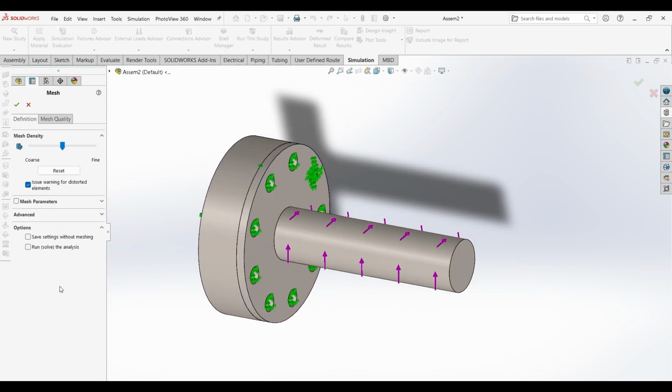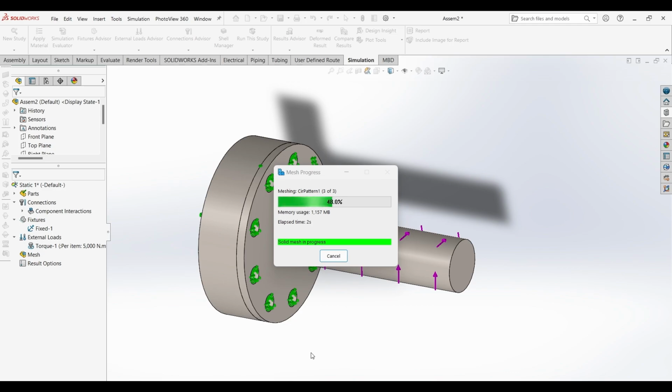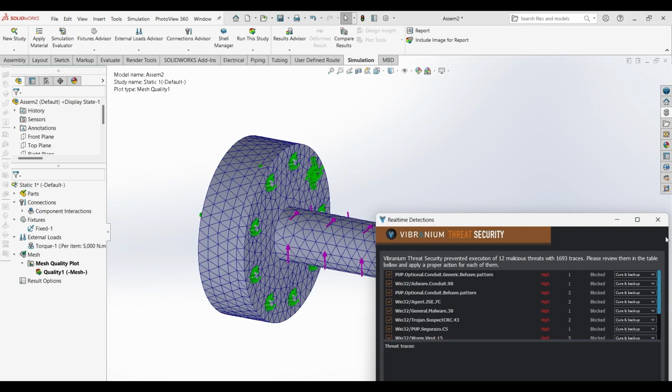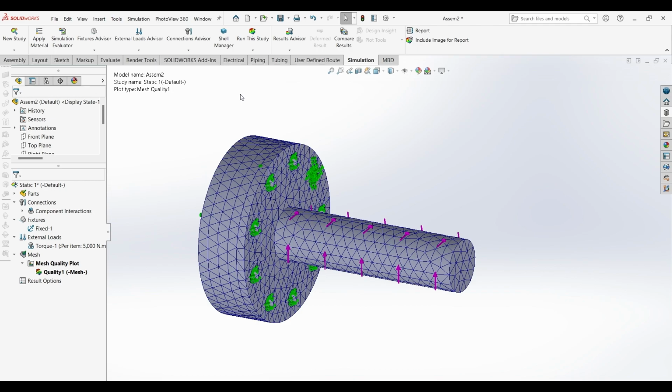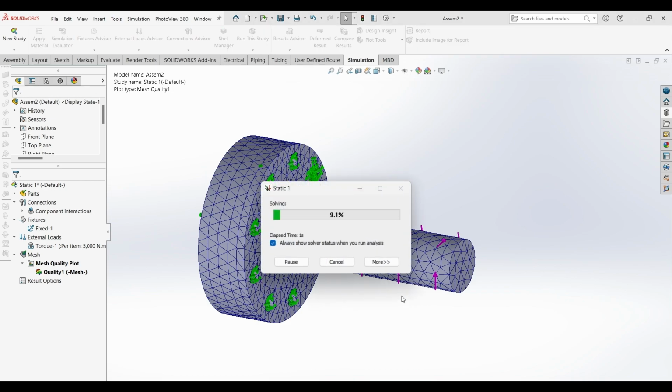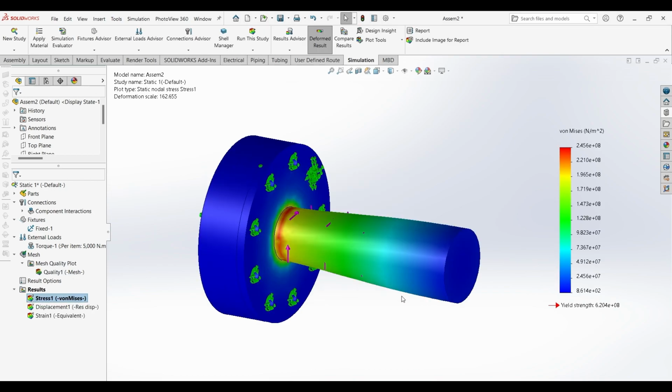Now right click on the mesh, click on create mesh. You can use a fine mesh if you want. I'm using a coarse mesh only. So see, this is the meshed geometry. Now the final step is to click on run the study. It will give you the result in the form of stress,